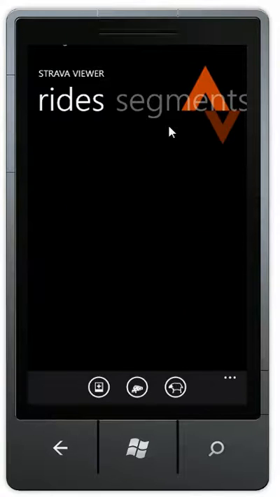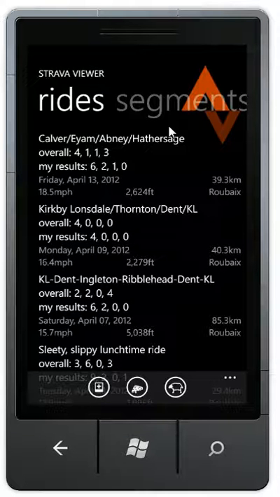So if we click on the icon here, we'll open the app up. This is loading all the data out of the cache in isolated storage, so it's a very quick load up time. It doesn't have to go off the internet at all, so it's fine if you don't have mobile signal or Wi-Fi. So we're listing all the rides that we have uploaded into Strava,